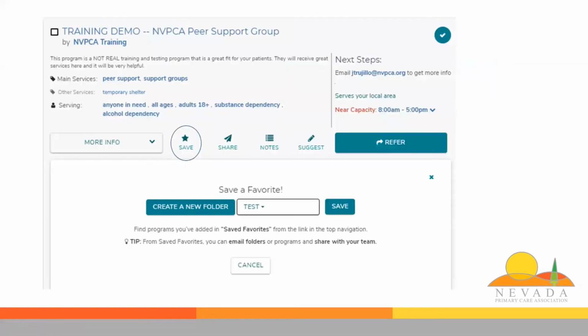The next option you have in the business card summary is you can save this CBO to your favorites. So if you identify a CBO that you use on a regular basis, you can create a folder, and when you log into the Community Connector, you can go to your folders and click on the CBO instead of trying to search out the CBO like we did at the beginning of this presentation when we were trying to find the NVPCA training demo. With this, you can save it to yourself or you can share with your team members